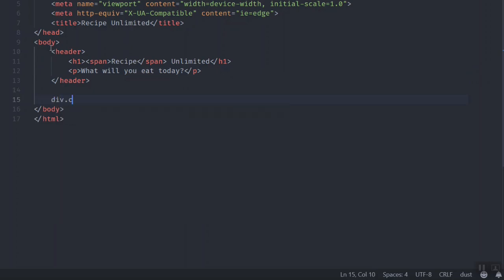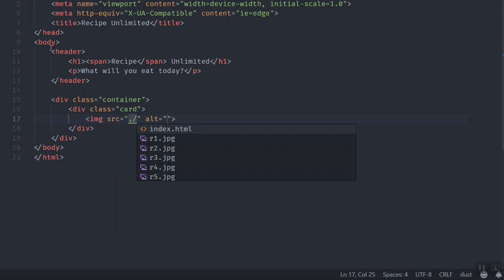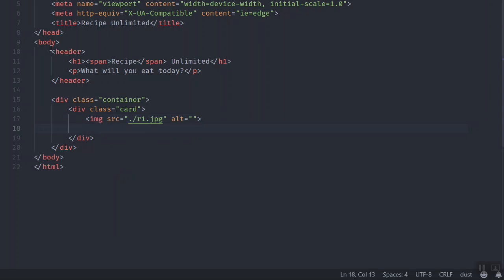Define a div with the class of container, and inside of this another div with the class of card. Now every card will have an image. The source is ./r1.jpg, and after the image we'll have a div with the class of body